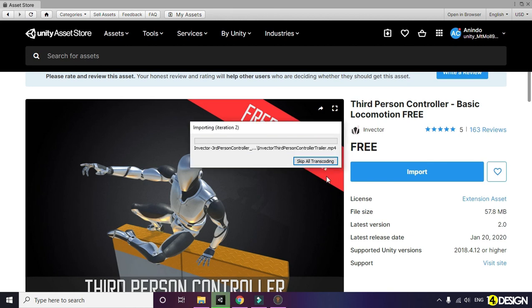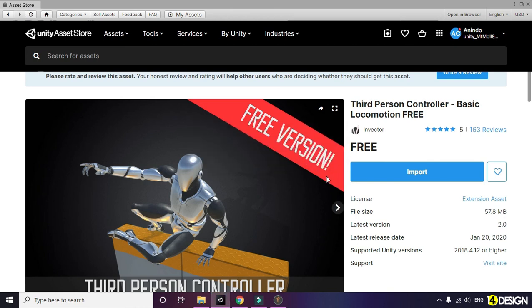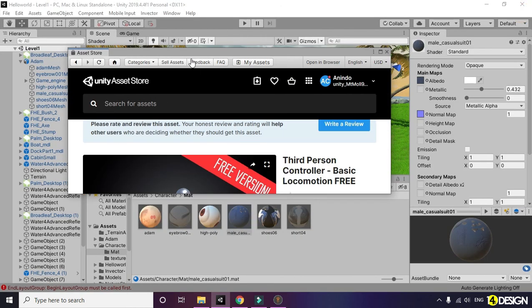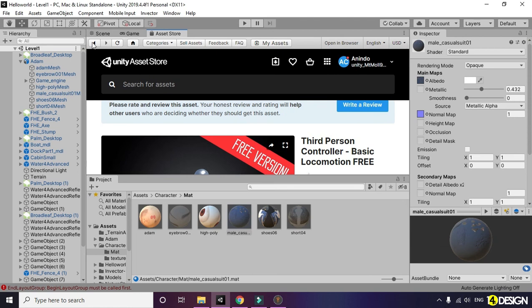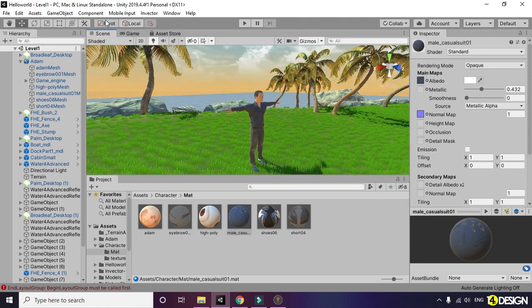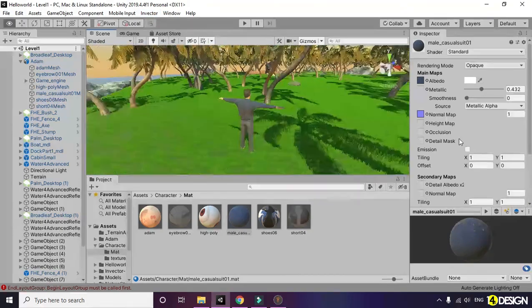Now this plugin is really helpful for beginners, as it animates your character easily. As you can see, we will have a new menu here called the InVector. So let's animate our character now.